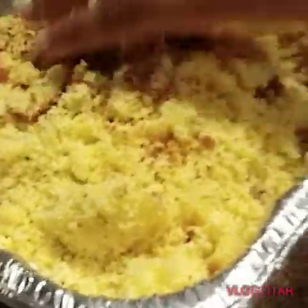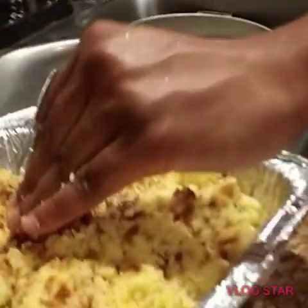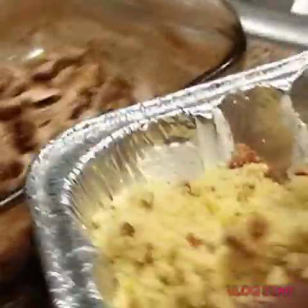Once I get that mixed up, then you guys will see how it's going to come together. So you just go ahead and empty the Stove Top over into there. Go in with your cornbread mixture. Make sure you have clean hands, guys. Okay, so what I'm going to do is take my hand and kind of toss that a little bit to mix the Stove Top with the cornbread dressing